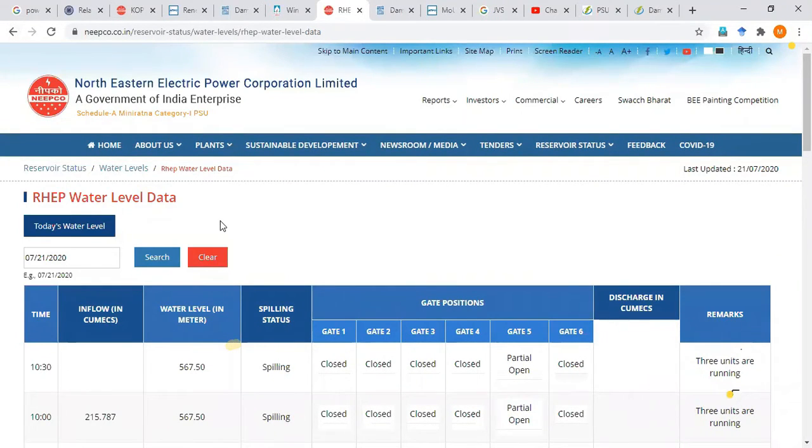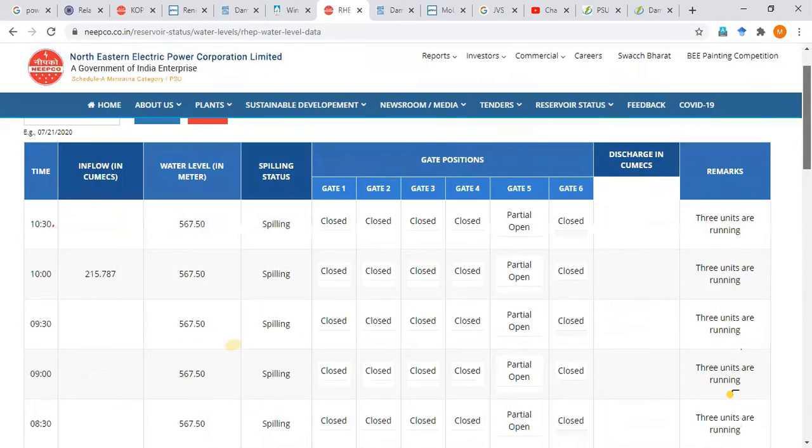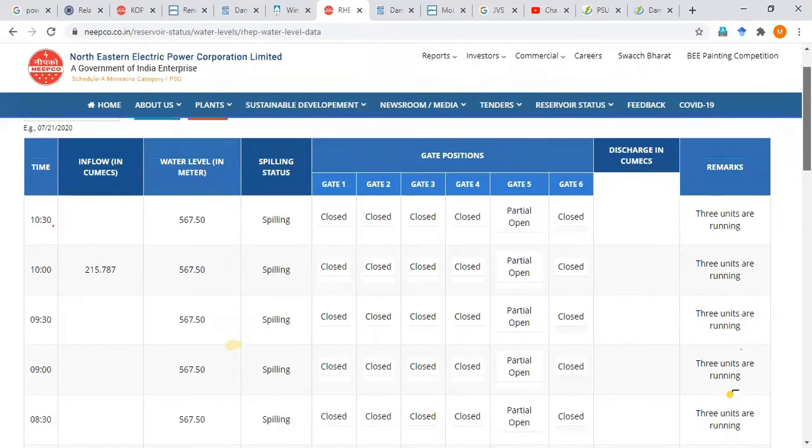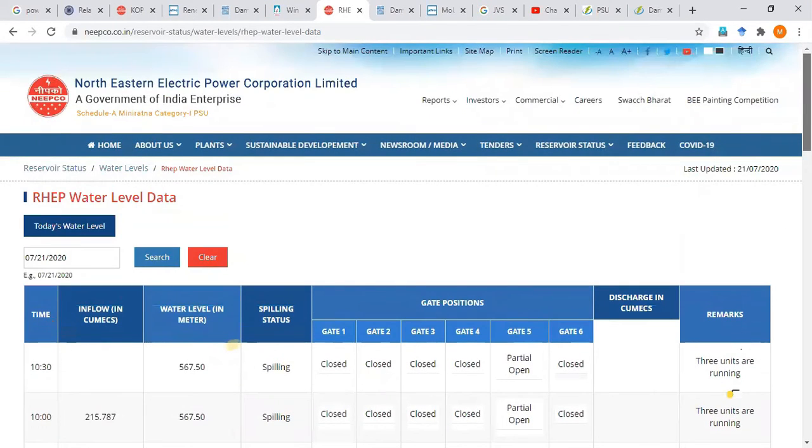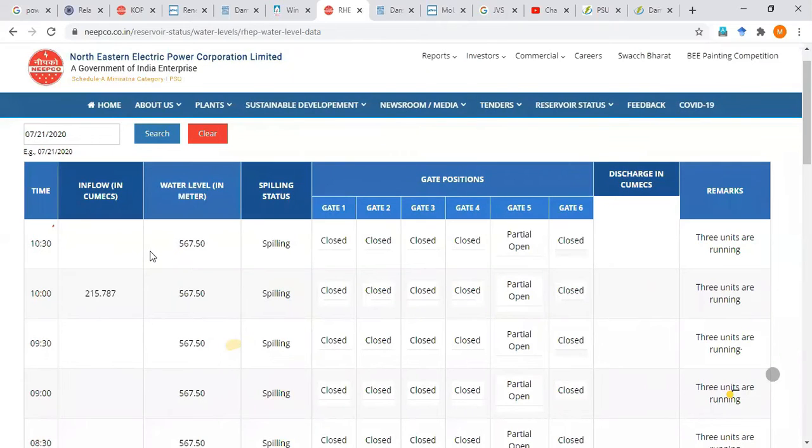So likewise, much more data is available on different websites of different organizations. As I requested in the last lecture also, whenever you get free time, just go through these kinds of details, by which it will be very convenient for you to learn the details which are there on the different websites of the Government of India.